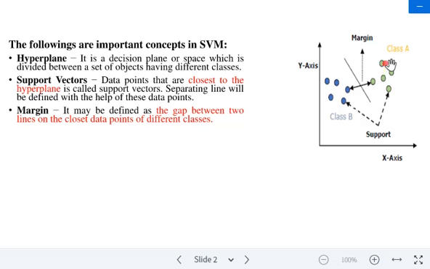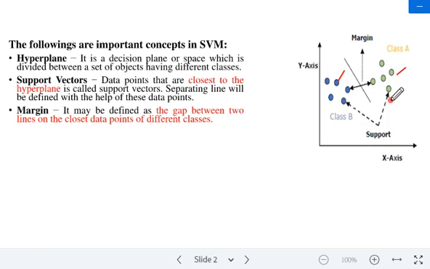We call them data points, and that's nothing but the records in the training data set. Whatever you are seeing here are just the records in the training data set.